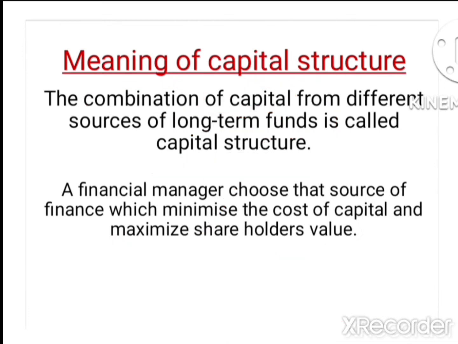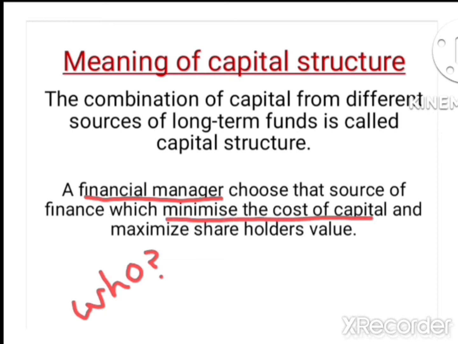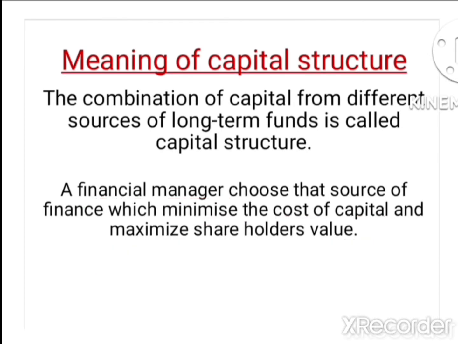Now moving on to the next. A financial manager chooses that source of finance which minimizes the cost of capital and maximizes shareholders' value. See, who decides the capital structure of the company? It is decided by the financial managers. That means the capital structure of the company completely depends upon the financial managers of the company. Hence, the financial manager should design the capital structure in such a way that it minimizes the cost of capital and maximizes shareholders' value, which is the main objective,